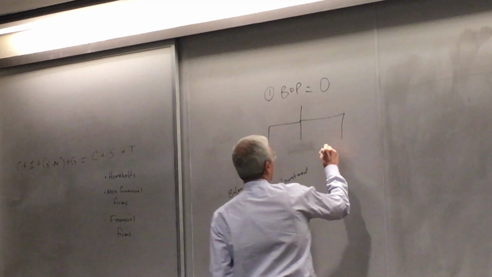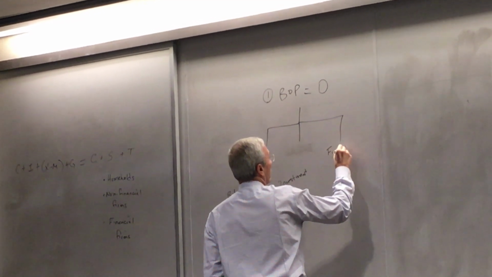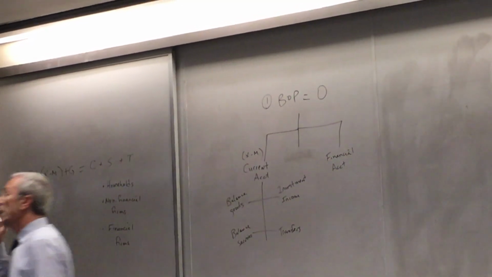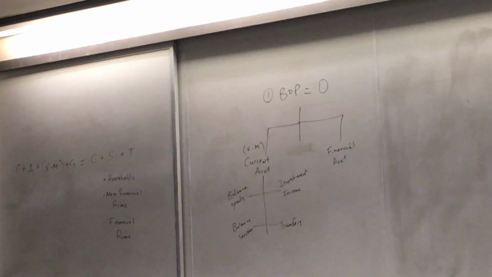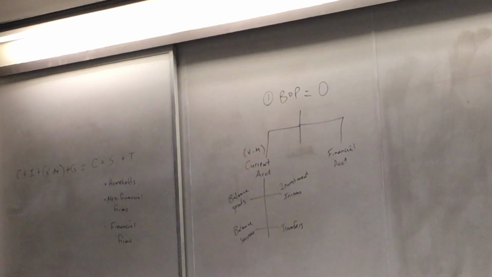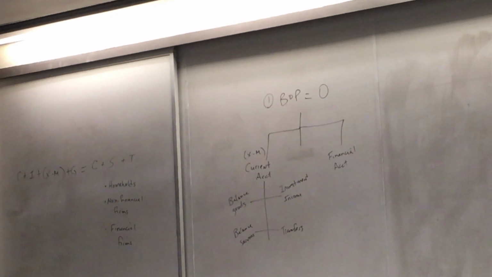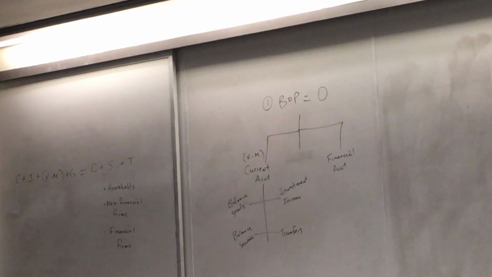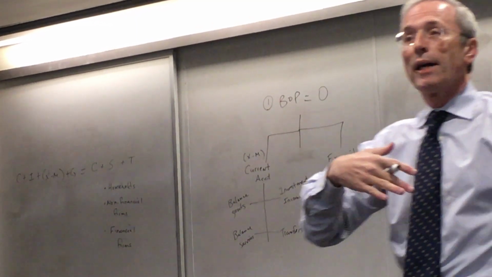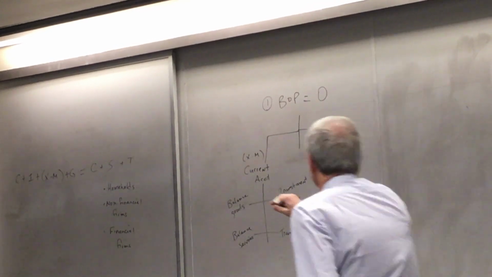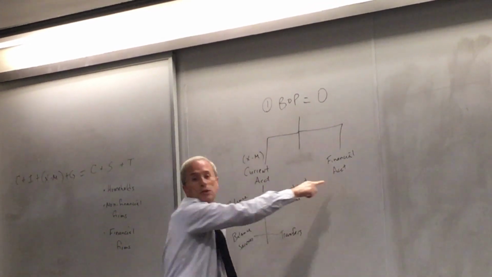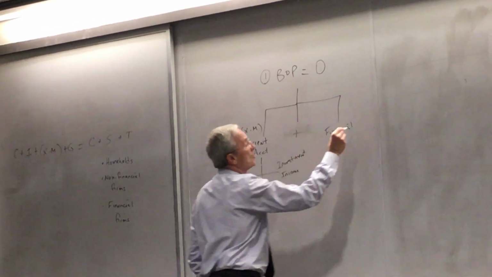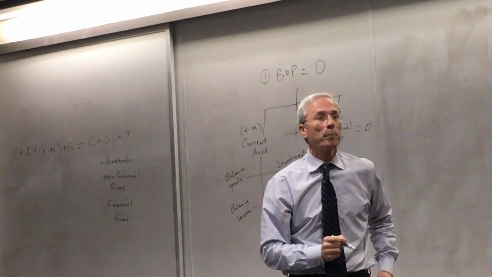The other really big one is the financial account. The financial account is investment. It's foreign capital. It's investment. It's the Americans buying assets overseas versus foreigners buying assets in the United States. So this is goods and services, and this is money. Way to think about it. You think of goods and services plus money equals zero.